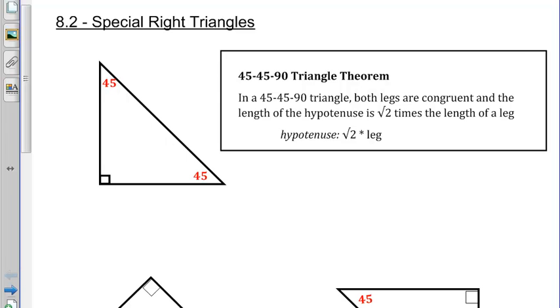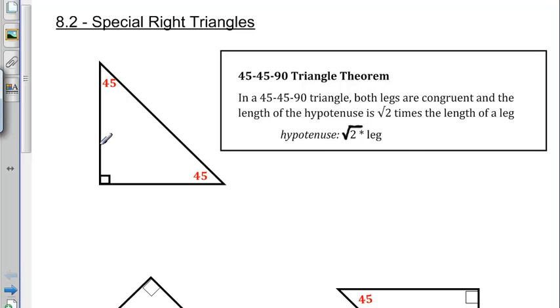All right, so this section is called Special Right Triangles, 8.2. I'm kind of sparing you of doing any of the writing, so you might want to just put a little line here so the square root symbol looks a little nicer. So basically, if you have a 45, 45, 90 triangle, like this one right here,